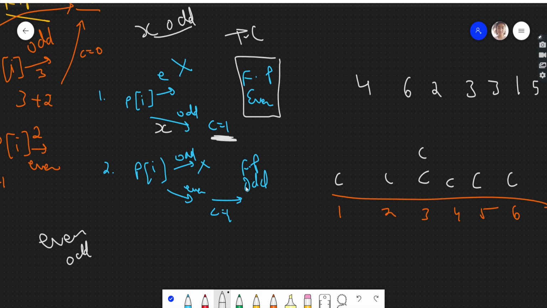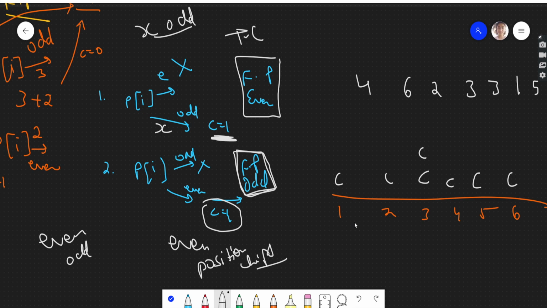Similarly, if I fix my final position to be odd, I just need to know how many even position chips there are. I hope you're getting this. It's very simple now. We just need to calculate how many even numbers there are and how many odd numbers there are.